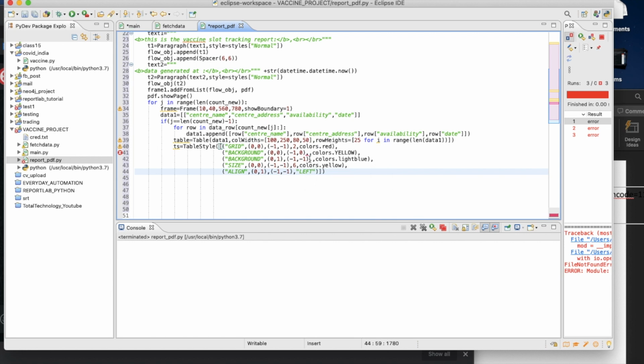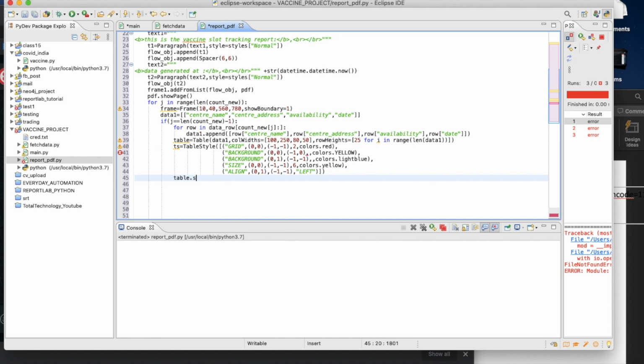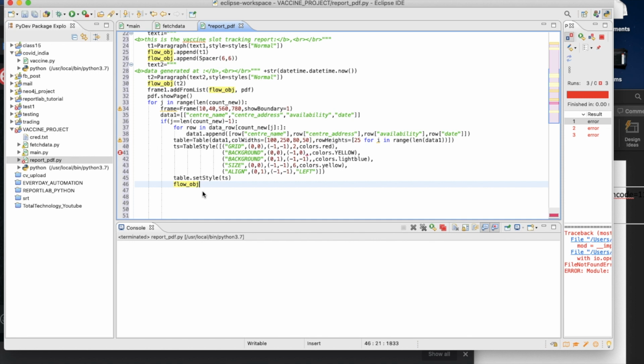Now I have to append everything to my flowable object. So this is done actually, so I'm just thinking this is done. Now I have to put this thing into my table style. Table dot set table style will be TS, and then maybe I need to append something in the flowable object, flow underscore obj dot append,